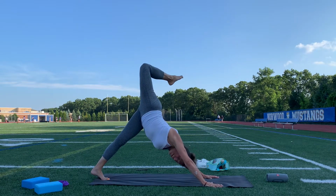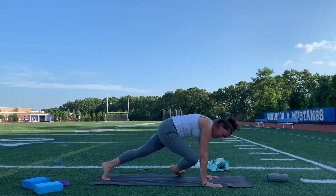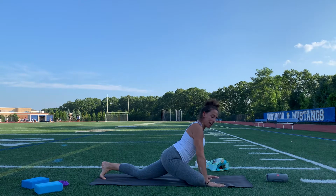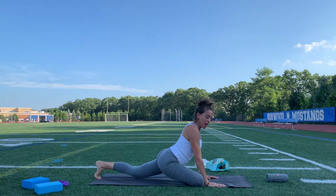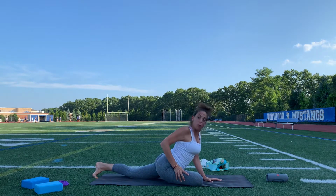You're gonna take it in front of you for pigeon pose. So you're gonna bring the knee in, point the knee out to the side, land the shin in front of you. So your knee goes outside your wrist. Okay, so outside of your wrist. This is your external rotation, okay? So you wanna roll your thigh out,